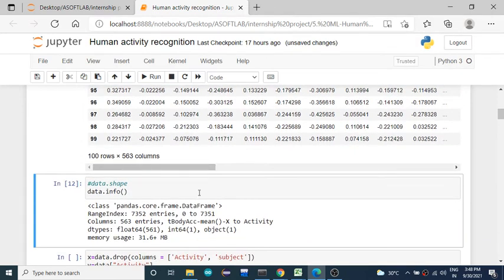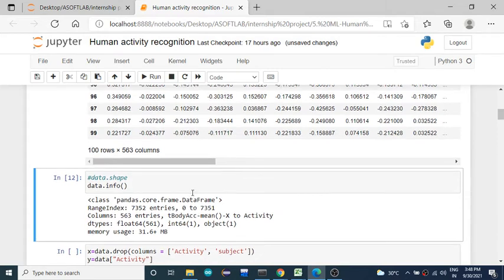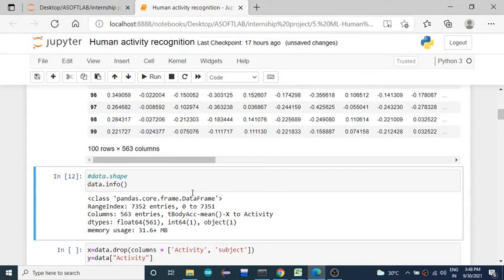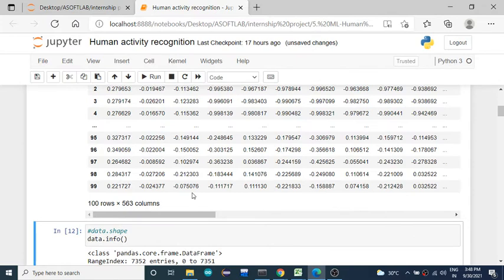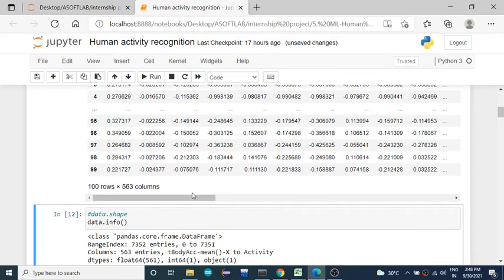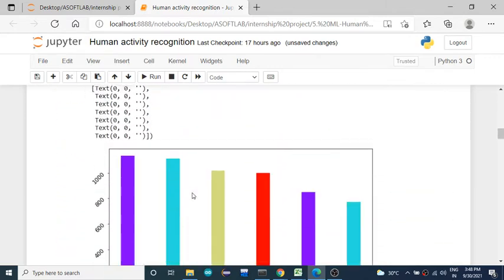Then the next step: after the data exploration step, we need to split the entire data set into the input, independent and dependent sets, and a train set and a test set. If you want to see how much one feature affects another, the correlation, you can take the help of graphs to know the correlation among the features and how the data is distributed by just plotting the graphs here.